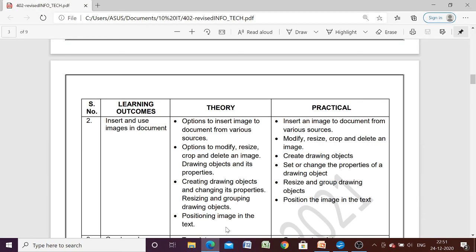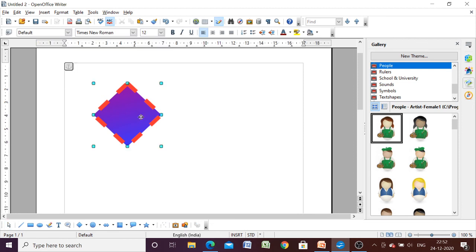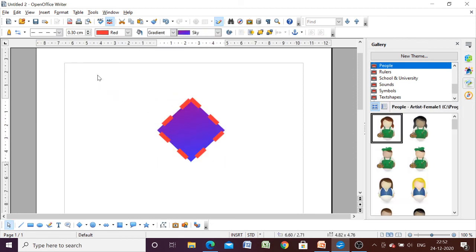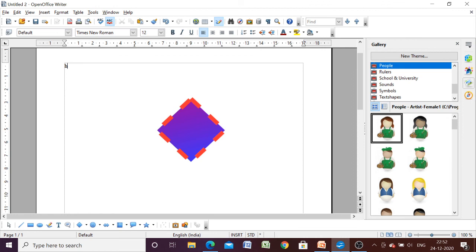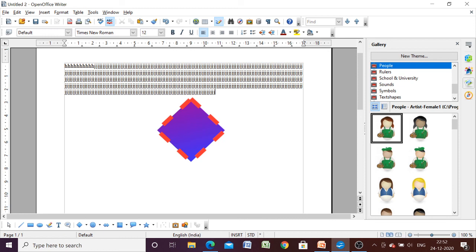Now the other thing which is left out is positioning an image in the text. Let us see what is the meaning of this one. I am deleting this one, and let us write something. Suppose I am just writing anything. Some lines of text I am adding.